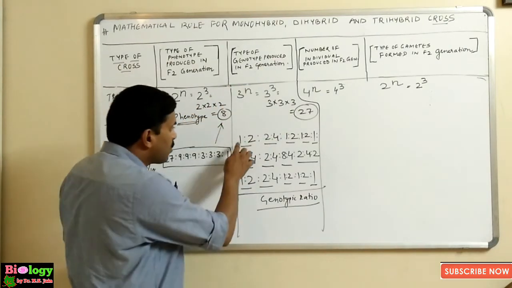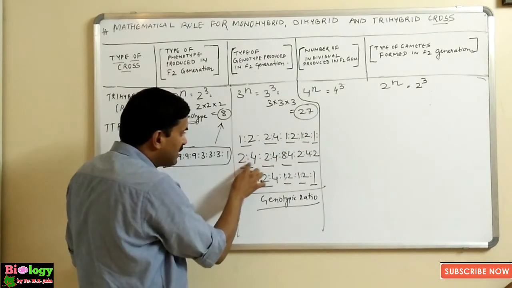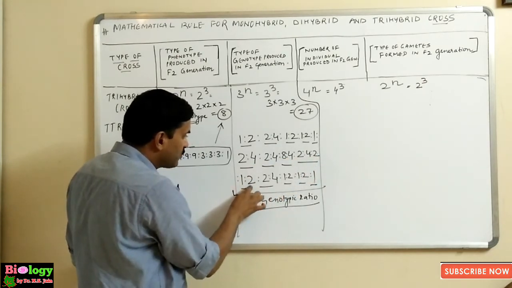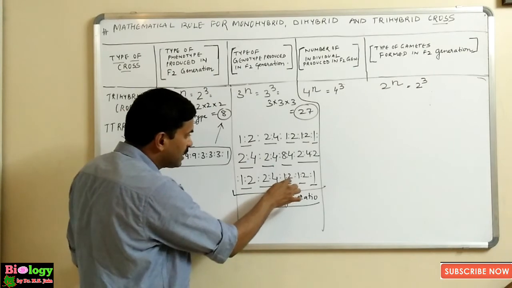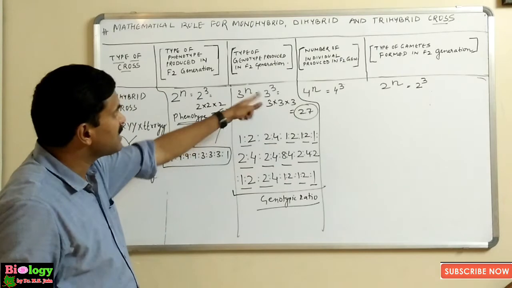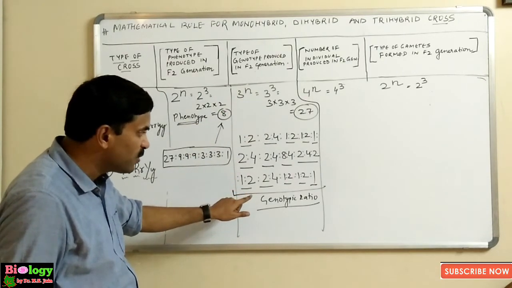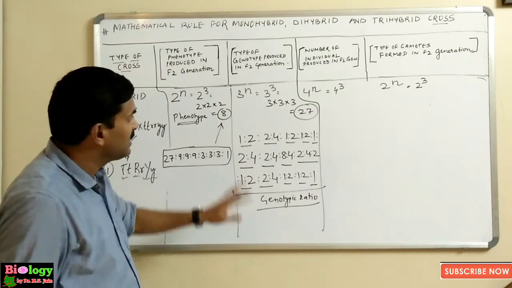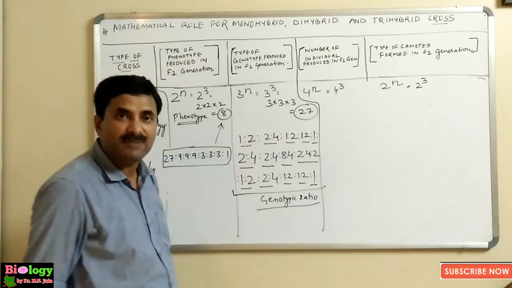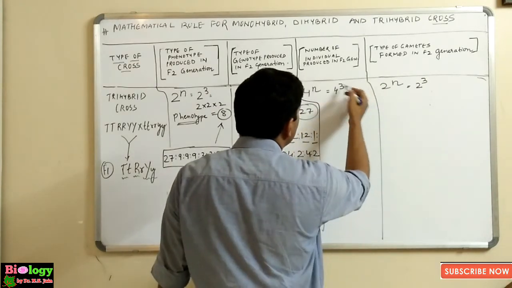27. Just count it. 1 2 3 4 5 6 7 8 and 9, 10 11 12 13 14 15 16 17 18 19 20 21 22 23 24 25 26 and 27. You can see here I have checked that 27 types of genotypes are produced. Here we have not calculated the genotypic ratio by using the traditional methods. Here we directly used the mathematical expression, and we came to the conclusion that 27 types of genotypes are produced.